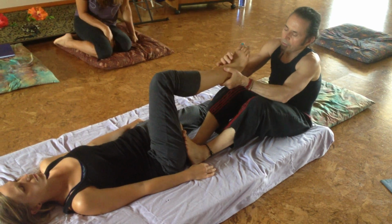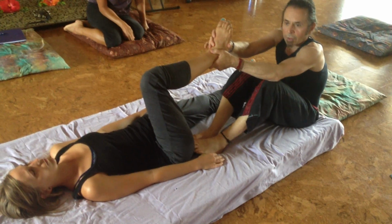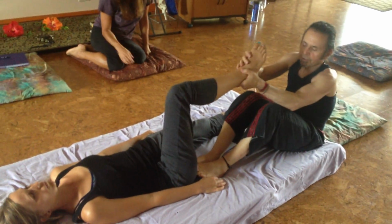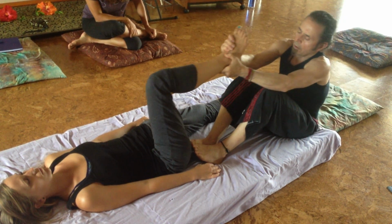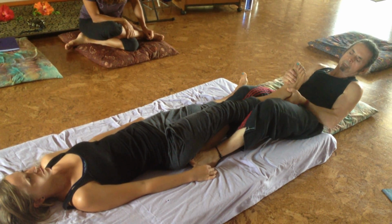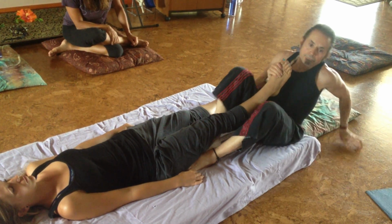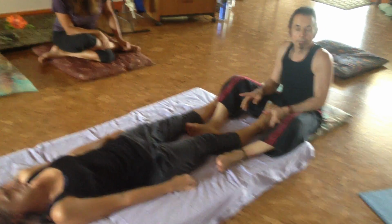And then I'm going to come down even further and hook my toes right on the ischial tuberosity, or where you think it is. Because you're going to feel it a little clearer as you come back a little bit more. So I'm just going to do the other side fast, just so you can